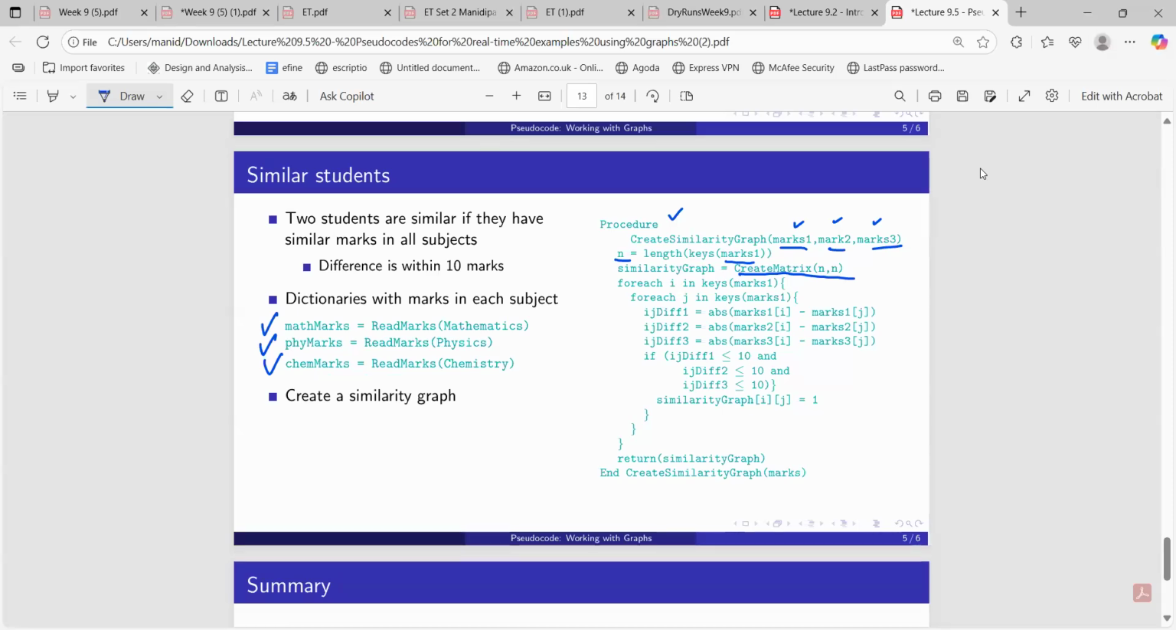Now again, you have to access the elements. So for each I in keys of marks 1, pick one sequence number from marks 1. Again, pick another sequence number J from marks 1. See, marks 1 is just given. It is not necessary. You can use any of these dictionaries, marks 2, marks 3, anything. Okay, because we just need to access the sequence numbers. That's it. So pick any 2 sequence numbers I and J, and for every IJ, what you have to check is